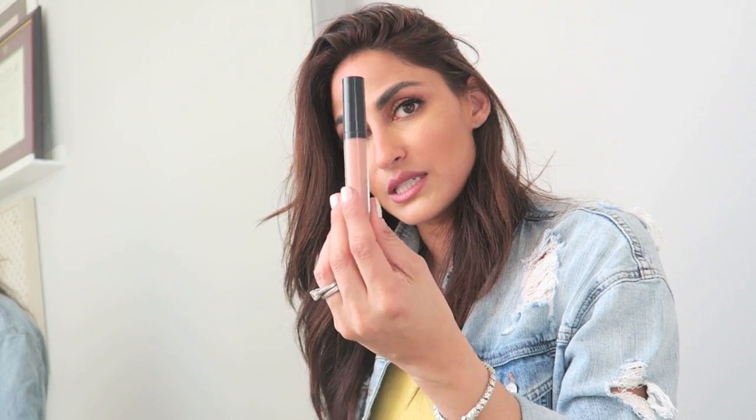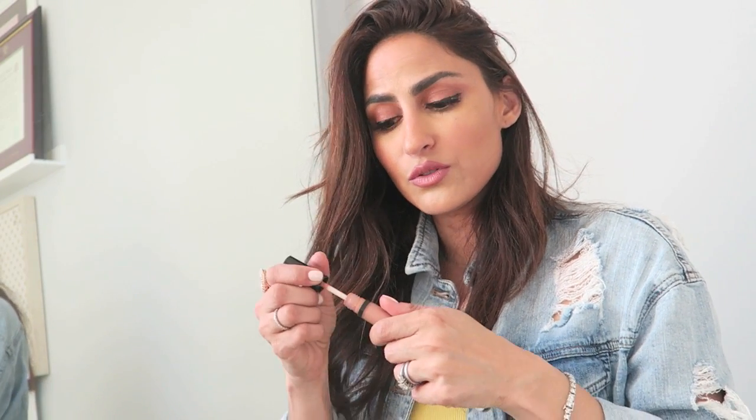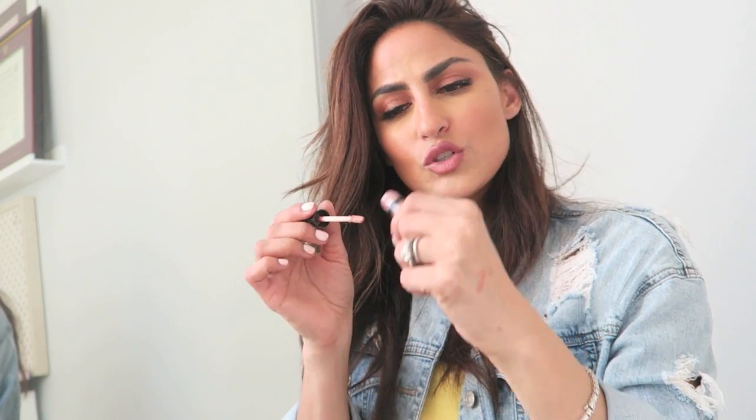And then I'm gonna take my Bare Minerals gloss. This is in Yas. I love this. It's just one of my favorites right now. It's just gorgeous. You can't even see that, but it's just too pretty. It's too pretty not to take with me. And then